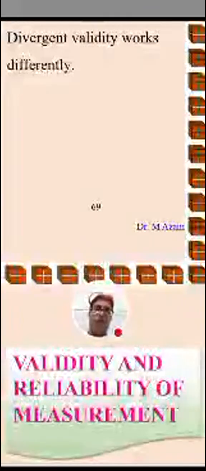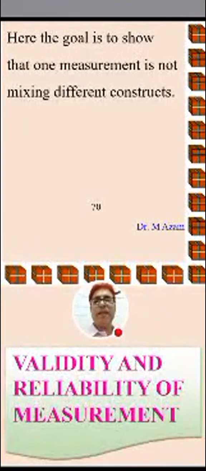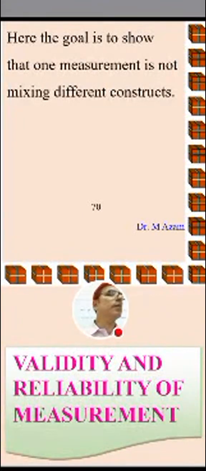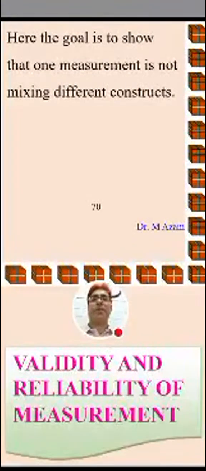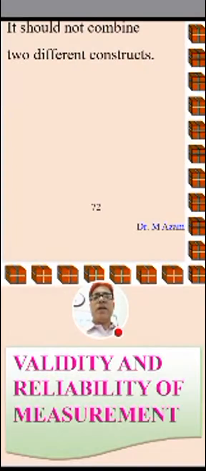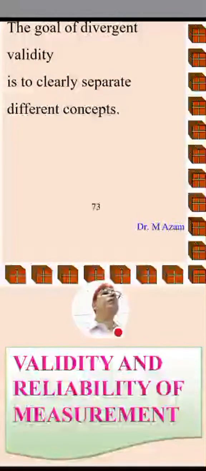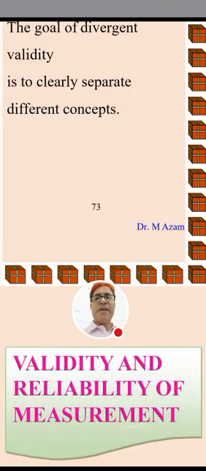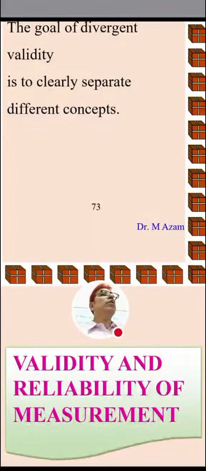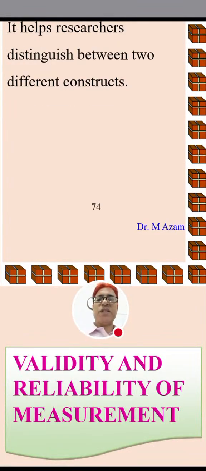Divergent validity works differently. Here the goal is to show that one measurement is not mixing different constructs, different variables. The measurement should capture only one specific construct. It should not combine two different constructs. The goal of divergent validity is to clearly separate different concepts, different constructs, different variables. It helps researchers distinguish